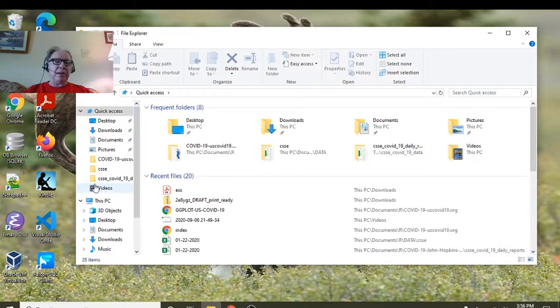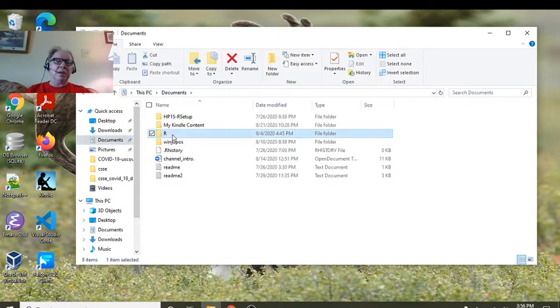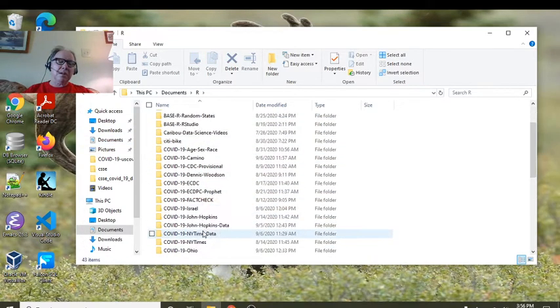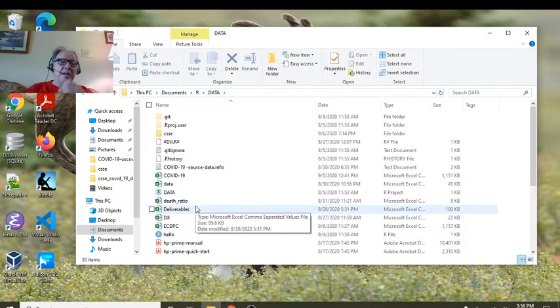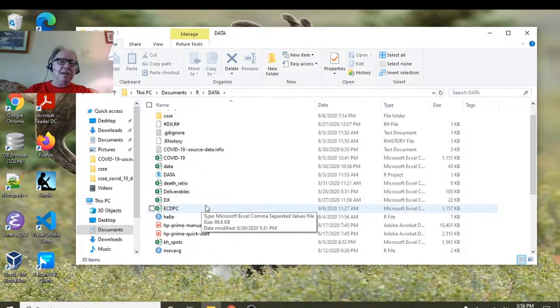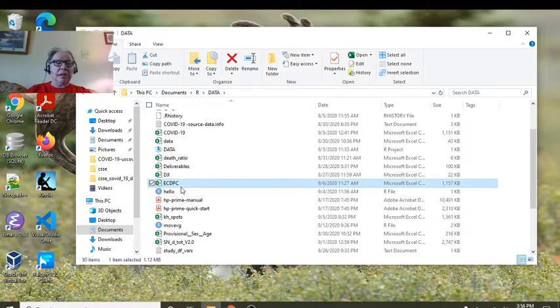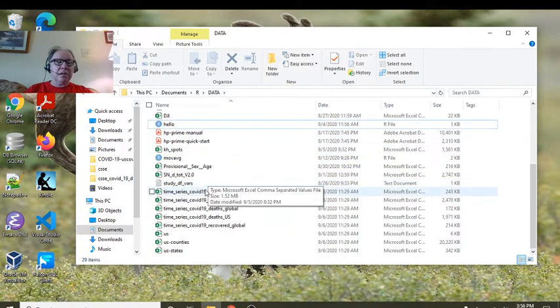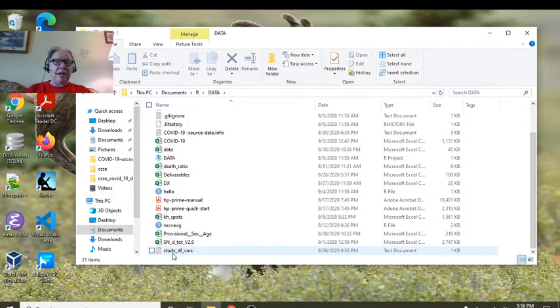Let's click on our data directory. It's disappeared. Get rid of that. We can get rid of all this also. We need to go back and take a look at